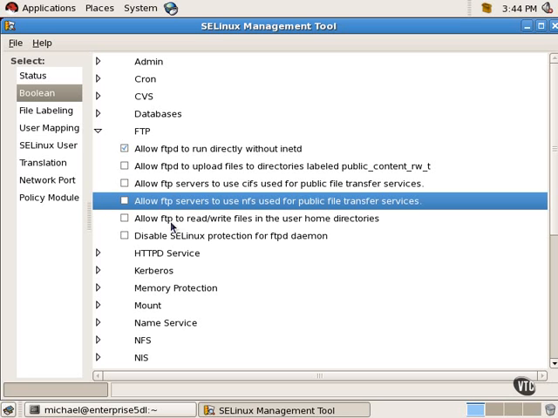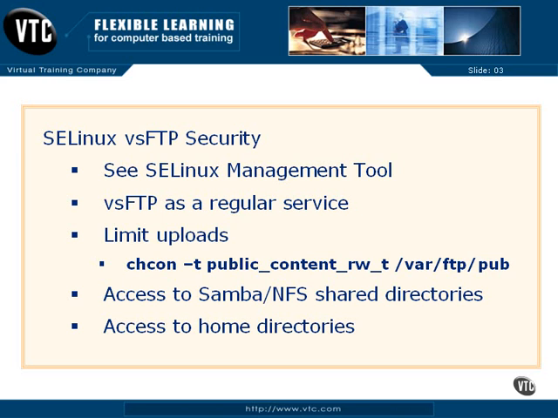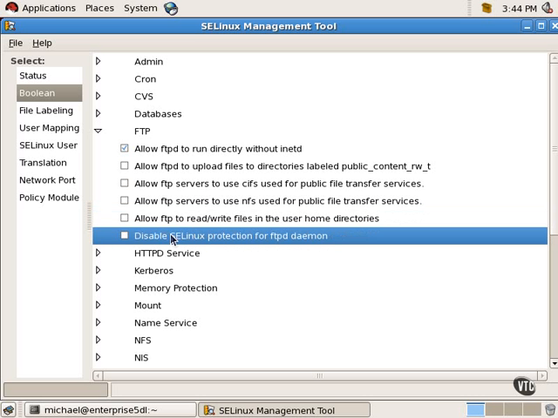The next to last directive is almost self-explanatory and goes with allowing users access to their home directories via FTP. The final directive disables SE Linux protection for the VS-FTP service and should be a last resort. If your exam requires SE Linux, this option means you won't get full credit for your work if you end up having to enable it,